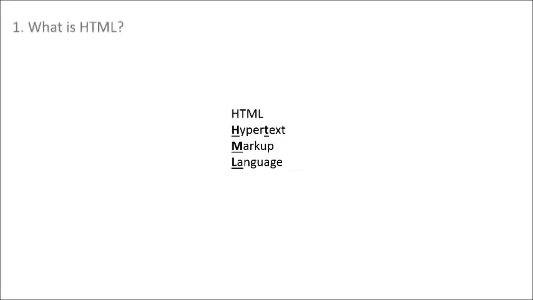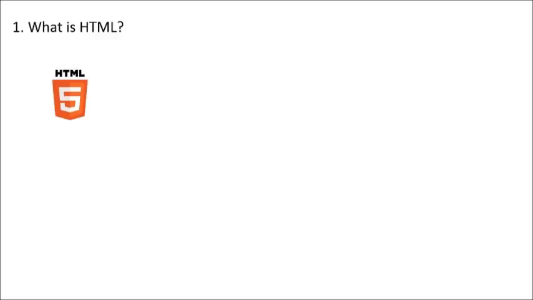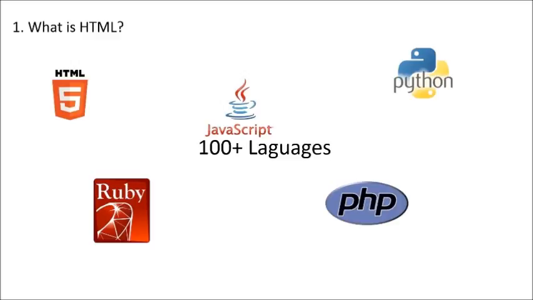And first, what is HTML? HTML is hypertext markup language. Hypertext is text, like in a document, that links one web document to another in our web browser. And there's a language that makes it, which is HTML, which I'm going to show you guys today. There's also JavaScript, Python, Ruby, PHP, and hundreds more languages that I can use to develop a